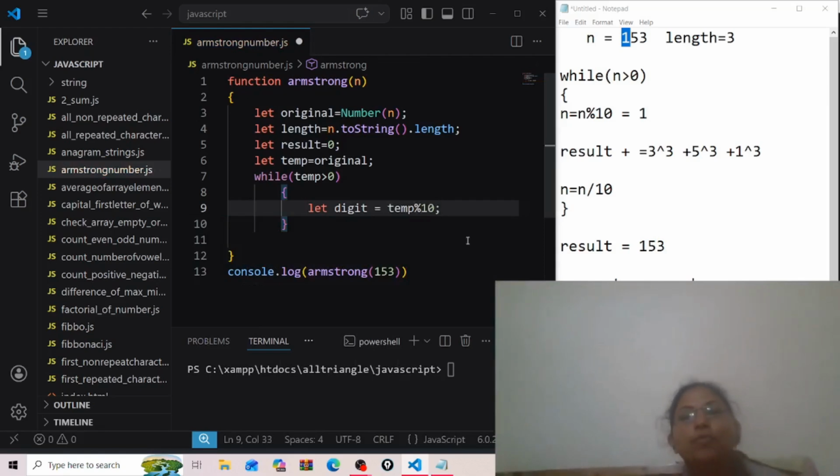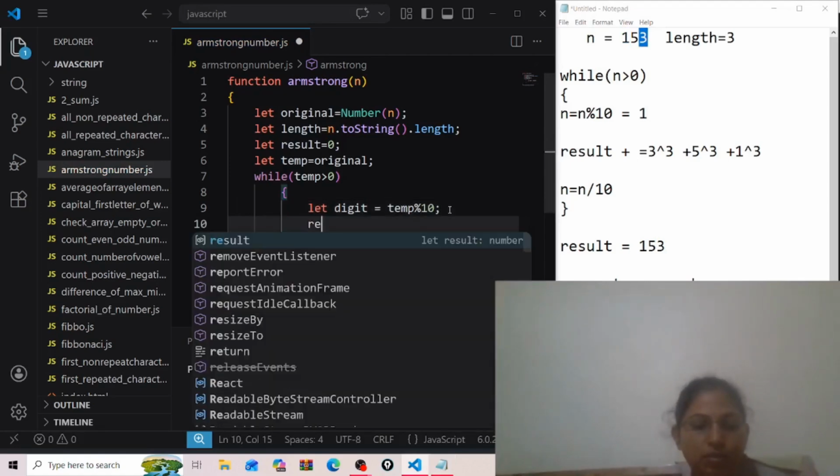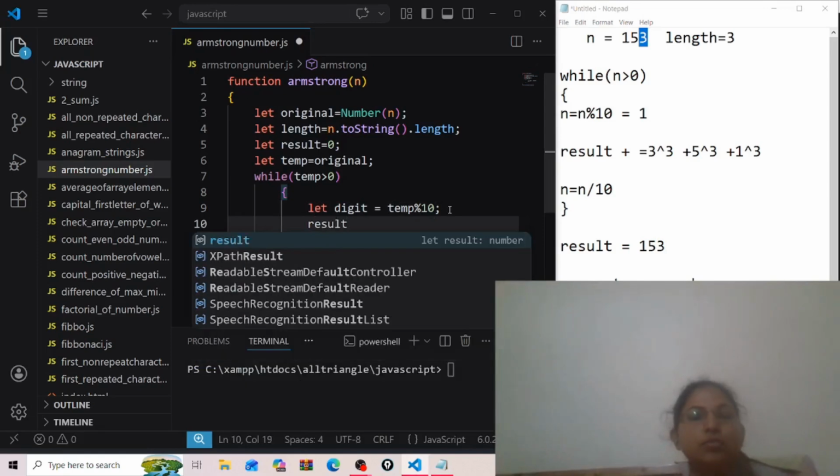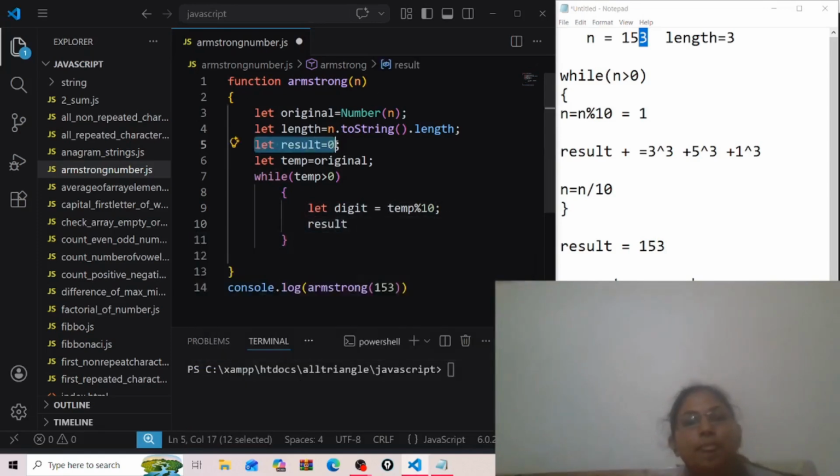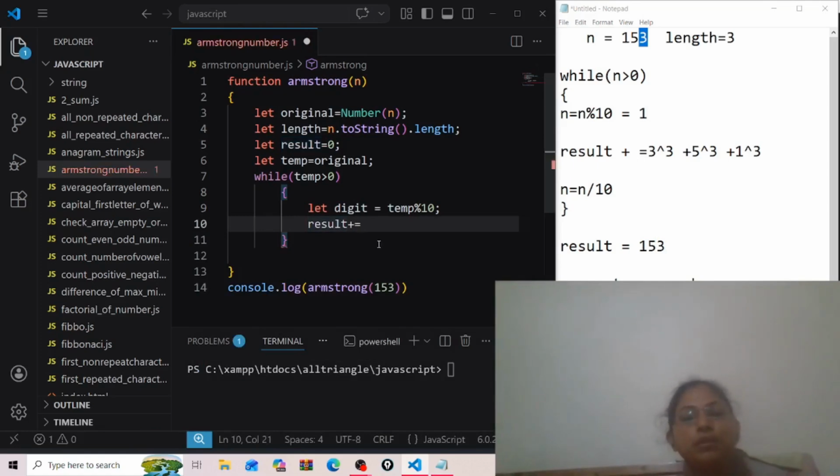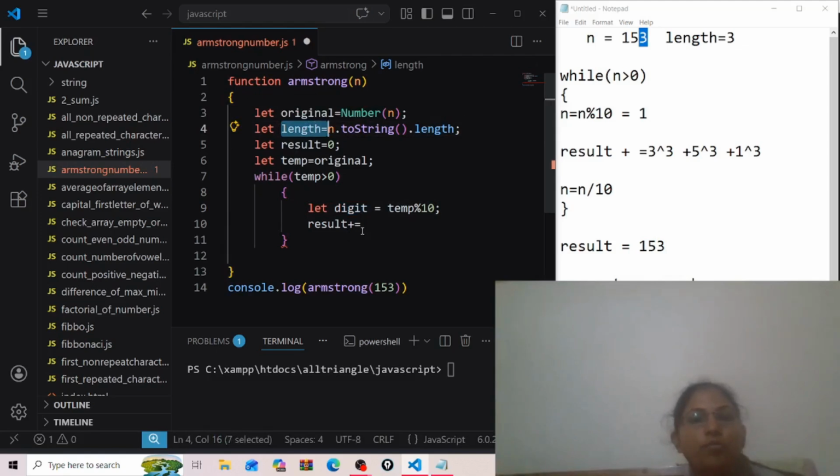In this way we will extract 3 and store that 3 in digit. Now I will take result, which was declared here. Result is equal to result plus our digit to the power length.